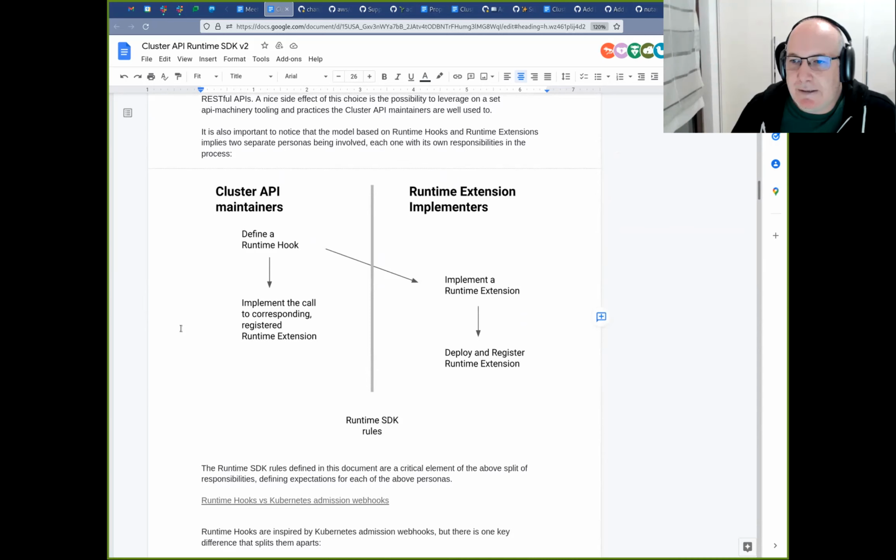Yeah, that's a really deep question. I like it because it means that basically the document is driving in the right direction. I think that, yeah, Cluster API is a declarative system, but at the same time we are driving infrastructure through imperative steps.